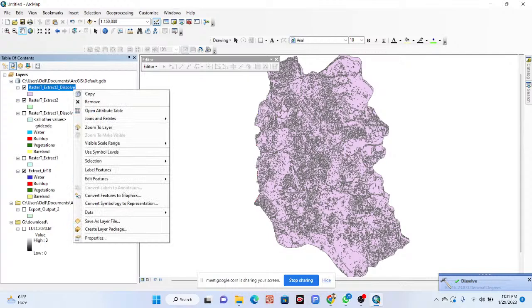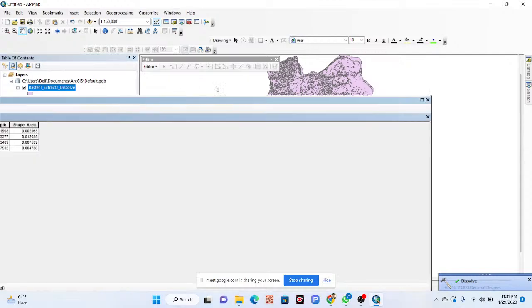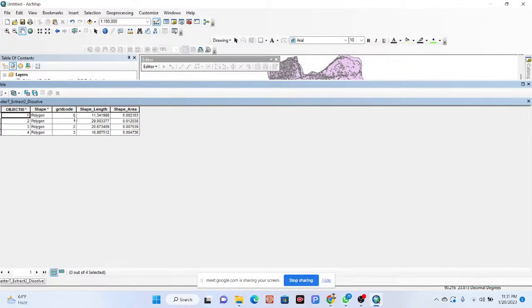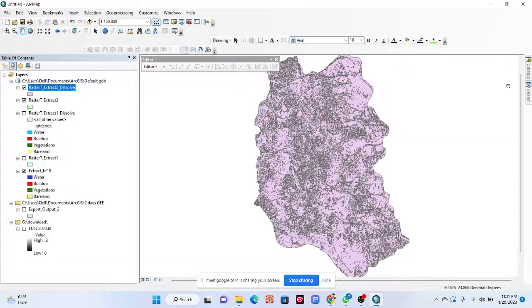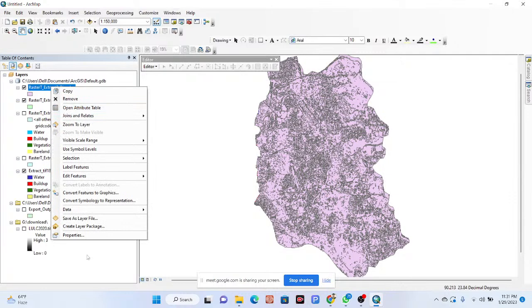This time, I simply go to this attribute table. In this attribute table, you can see 0, 1, 2, 3. So 0 is the water, 1 is the built-up area, 2 is the vegetation, 3 is the barren land. So this time I want to work only with the 0. I need only the water. So for that, I simply click here,